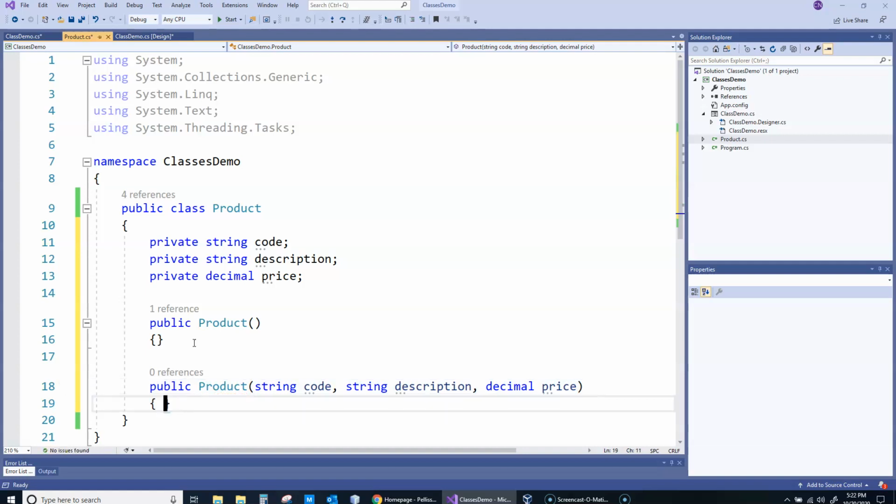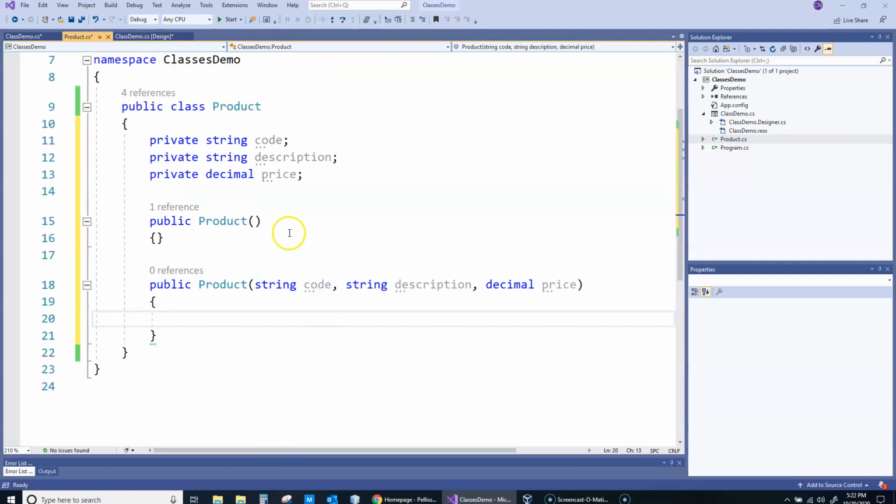Pros and cons. All right, so this one will take 3 arguments, and this is the typical thing with constructors, right? You don't have to do this. This is not a law in programming, but it's a typical way that these things are set up. You will see that the parameters for your explicit constructor will